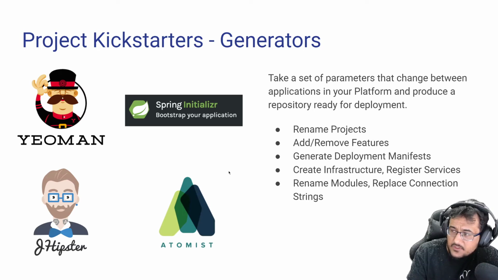They just take a bunch of parameters and then they create a new service that is ready to be deployed. They usually take care of all the tasks that I enumerate here, which is renaming projects, adding and removing features. In this case, add or remove cross-cutting concerns from your platform. You may not want, let's say, a certain database integration. You just remove it. You want eventing integration, so you add, let's say, a micro library for Kafka or something